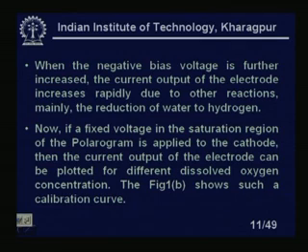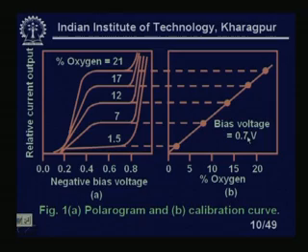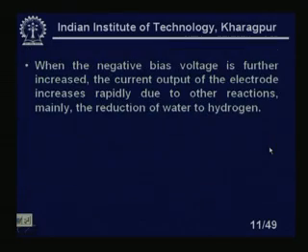Now, if a fixed voltage in the saturation region of the polarogram is applied to the cathode, then the current output of the electrode can be plotted for different dissolved oxygen concentrations. That is, figure 1 shows such a calibration curve. Okay. What he is saying is that the fixed voltage in the saturation region of the polarogram is applied to the cathode; fixed voltage I have given in the previous curve, you see we have given a fixed voltage of 0.7 volt, right,